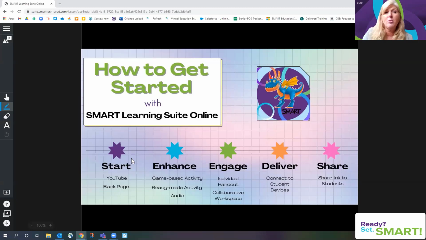You're going to also be able to explore all the other different features that we have. And I want you to just click around, just go ahead and click inside Smart Learning Suite Online so you can discover what will work for you. We're then going to create some game-based activities and ready-made templates and add audio to the lessons that come really